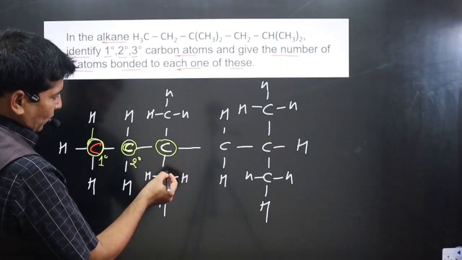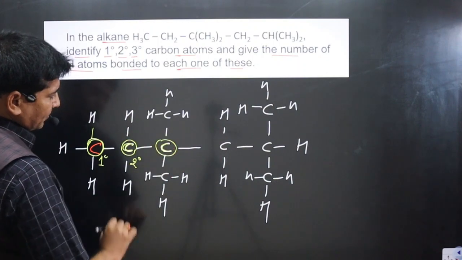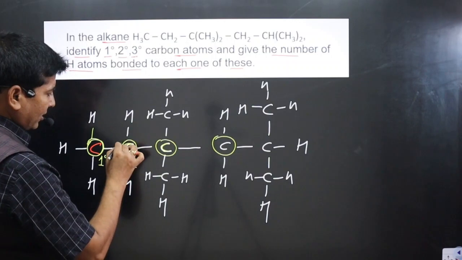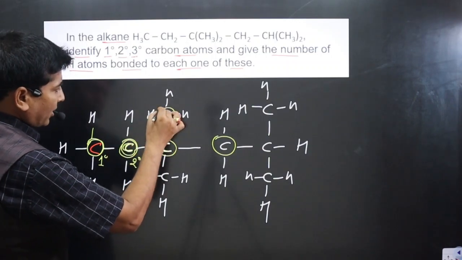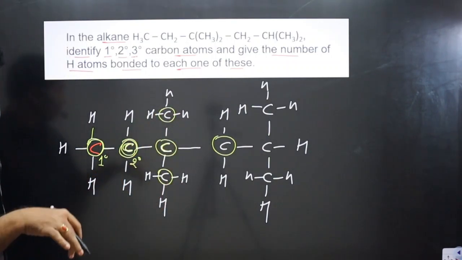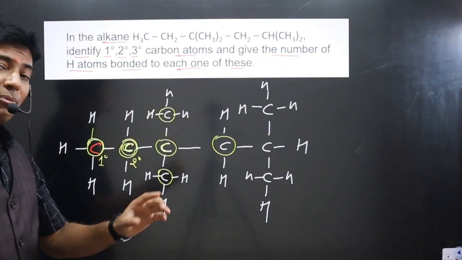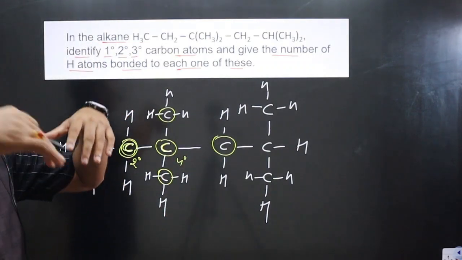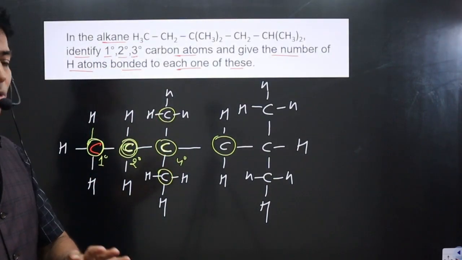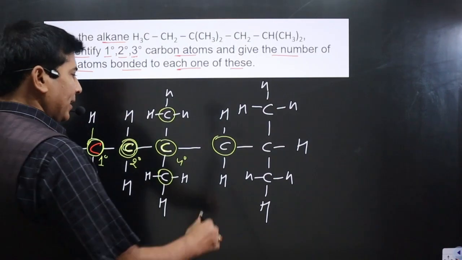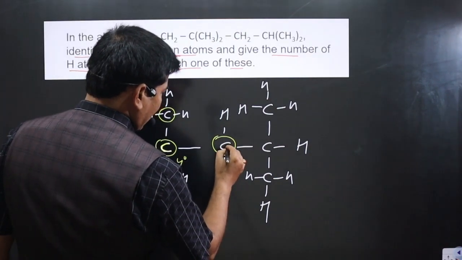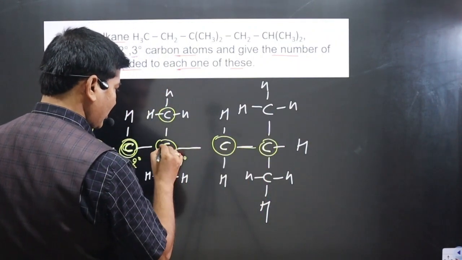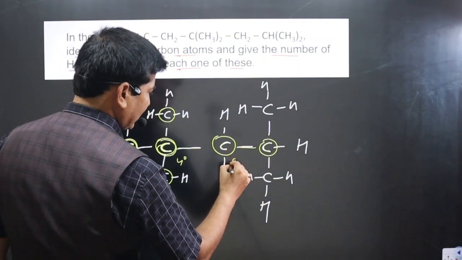Now look at here, we have a C is there, this C. So this carbon is connected to right side carbon, left side carbon, and upper carbon and lower carbon. So you can see four carbons. This carbon is connected to four carbons, then we can say it is a quaternary carbon. A carbon connected to four other carbons in the compound is considered a quaternary carbon. Okay, now we have this carbon. So you can see this carbon is connected on the right side to one carbon, and left side also it is connected to one carbon, then we can say it is an example of secondary carbon.